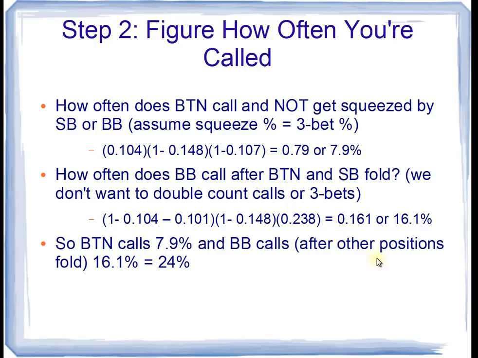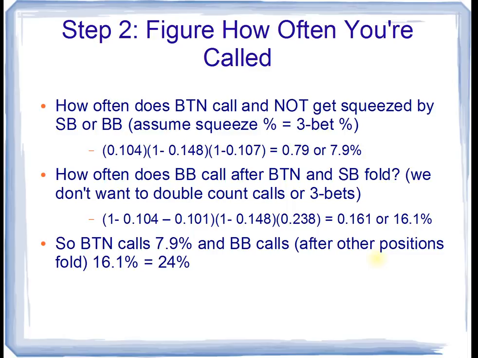So the button calls 7.9% and big blind calls 16.1% after all their positions fold. So that means in total, the cutoff's going to open and get called 24% of the time because the button's going to call 7.9% and the other positions will fold, and the big blind's going to call 16.1% after the other positions folded. Don't worry about this math if math's not very intuitive to you, but it's just important we